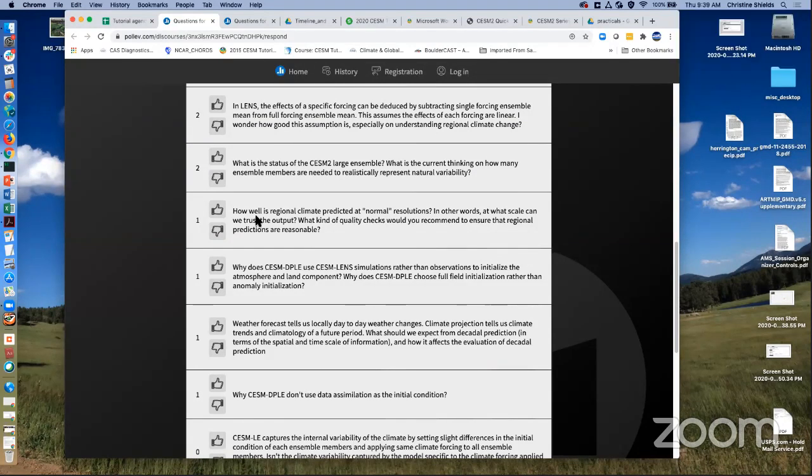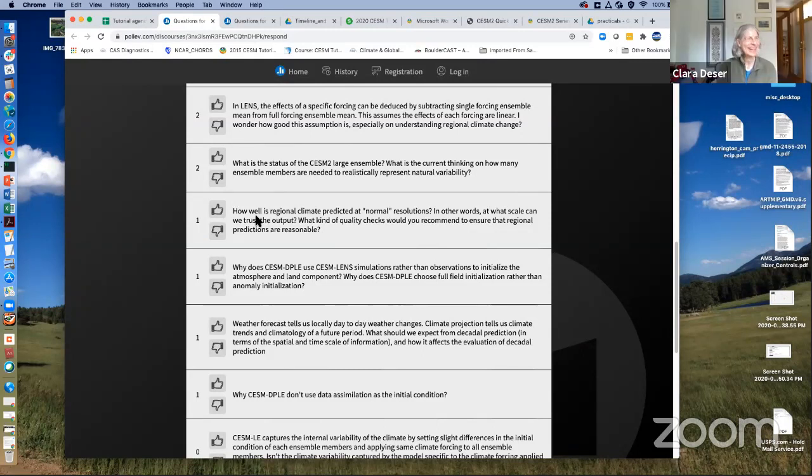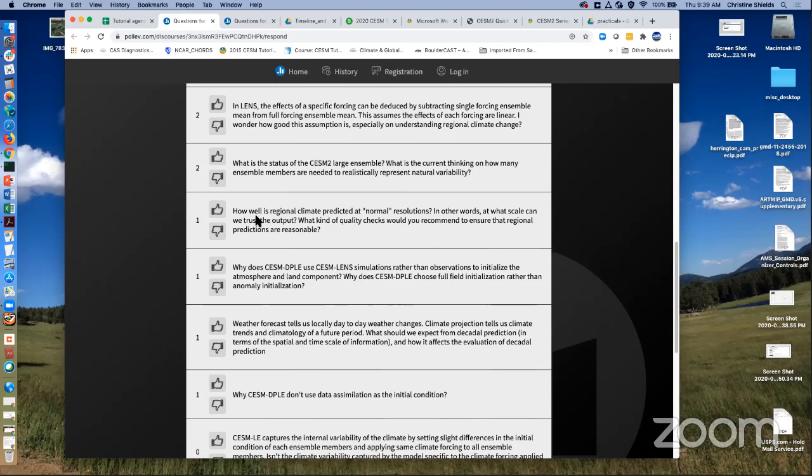Can I jump in and mention that Clara has done more than she's giving herself credit for? So I think if you twist this question just a tiny bit, one thing that perhaps you've already heard about is these sets of simulations, or we've kind of called them all but one forcing simulations, where you take away just the greenhouse gas or just the aerosol forcing, and look at those and compare them. You can compare those against the CESM1 large ensemble.